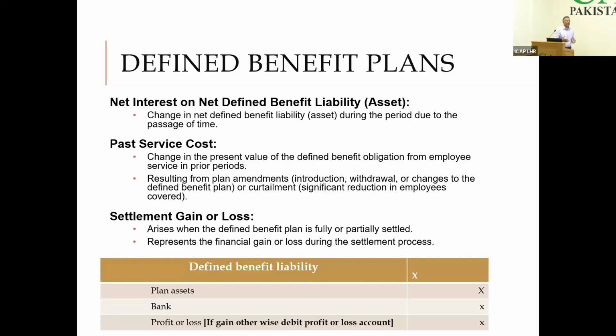It is not your market rate, it's not your own rate; it's based on either the government securities or the high quality corporate bond rate. High quality corporate bond rate has preference over government bonds or government securities. So for interest cost, you will use the interest rate based on high quality corporate bonds or government securities, whichever is available. And then past service cost, we have already